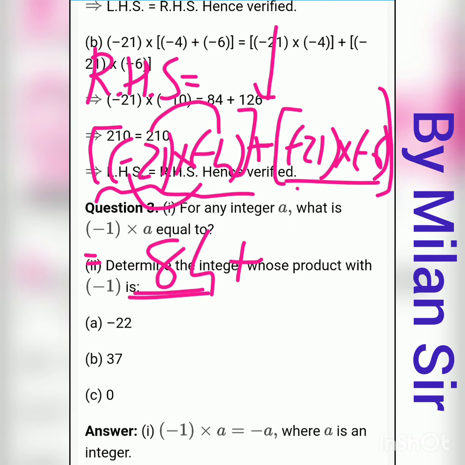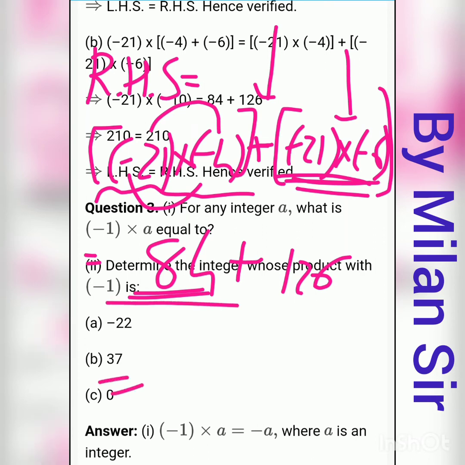Now we need to multiply 21 multiply 6. Again, here in between the multiplication sign is there, right? So 21 multiply 6: 6 ones are 6, 6 twos are 12, 1 to 6. Now for the sign, again both have a negative sign. 21 has a negative sign and 6 also has a negative sign, so minus minus plus 126. Now plus plus plus, we need to add these two numbers, 126 plus 84.